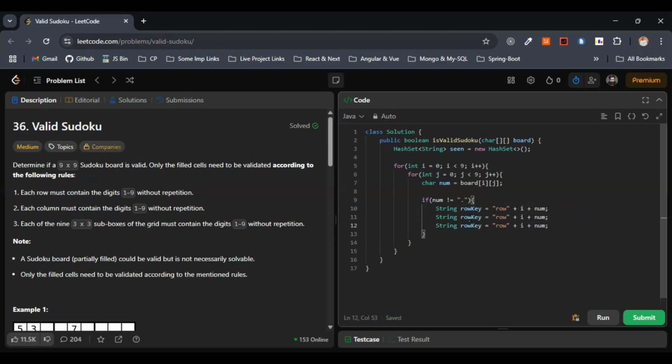So this one will be, instead of row key, column key, and this one will be box key, nothing but the 3 into 3 subgrid. Instead of the row, this will be column, and this will be box. So this remains same. Actually, instead of i, this will be j plus them, right? Sorry. So as we are considering the 3 into 3 subgrid or the box, we have to consider i by 3